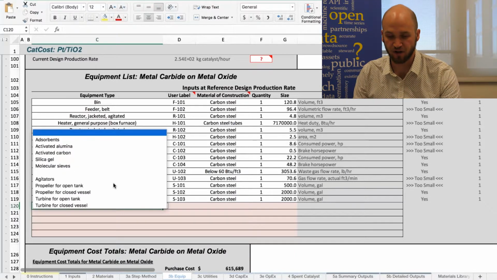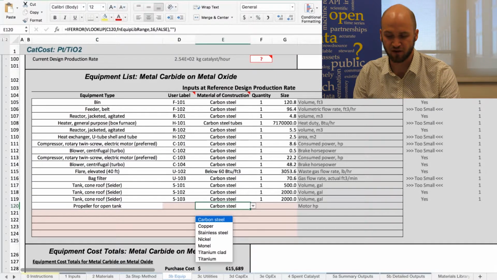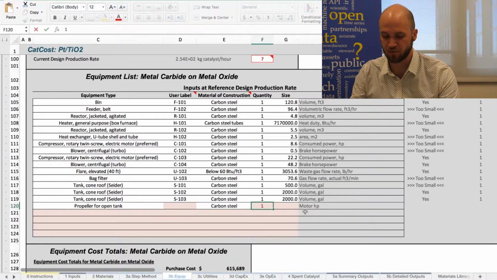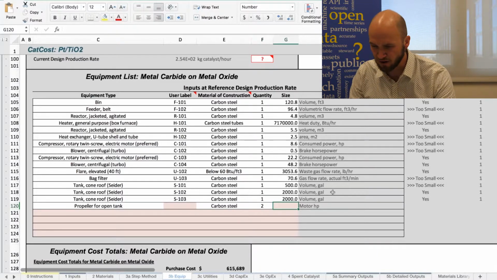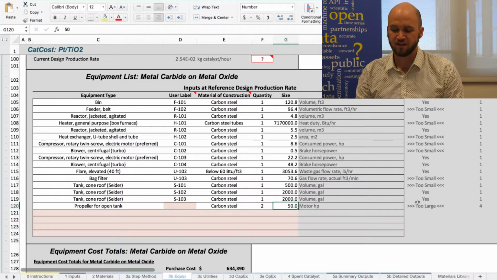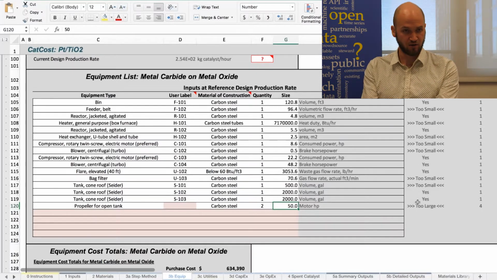So what you do is, if you want to add a piece of equipment, it's going to automatically select the default material of construction, or you can override that. You can say whatever quantity you want, maybe you want 2 of those, and then the horsepower. I don't know what an appropriate horsepower is for this, so let's try 50. That's apparently too large. So this is giving you feedback here. One thing to note, these size limits here are giving you feedback on whether you maybe have chosen the right piece of equipment, but either way, even if you were outside the limits, or if you were inside the limits at the scale that you entered, but then